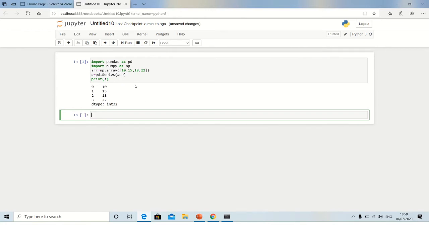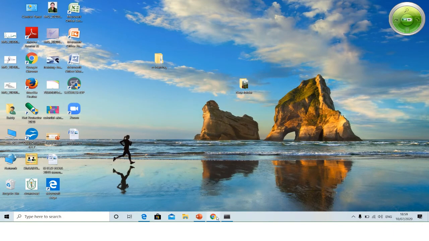So this is one method, using Anaconda. Under Anaconda, various types of software are preloaded, and from that I am using Jupyter notebook for running my Python programs. The second method, which I feel is much easier, is Google Colab.